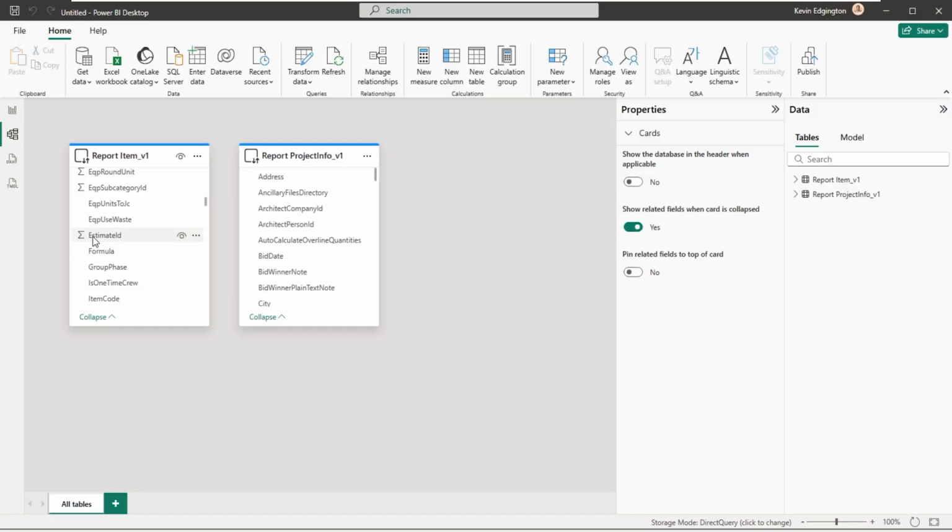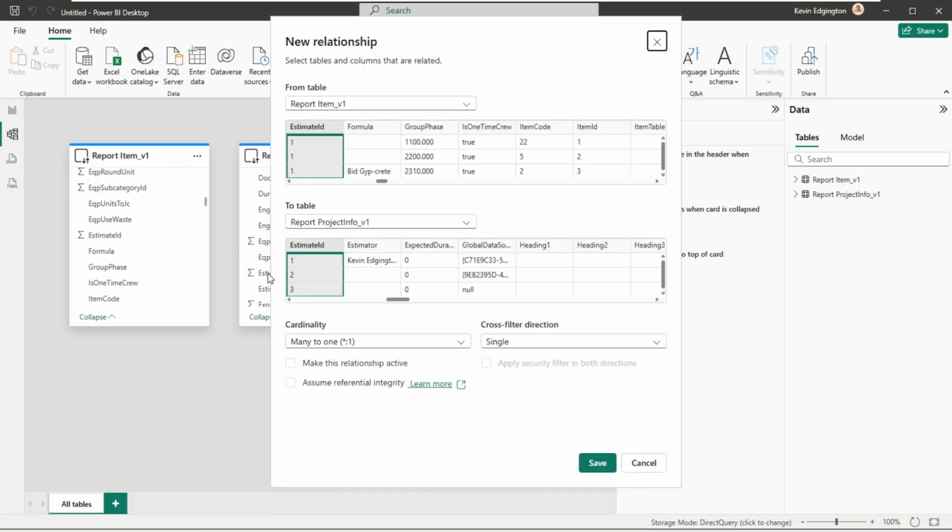Estimate. And let's go over here and let's say it should have an estimate ID also. So basically, estimate ID is the same as an estimate ID on the other side.